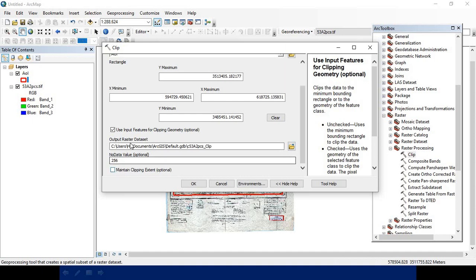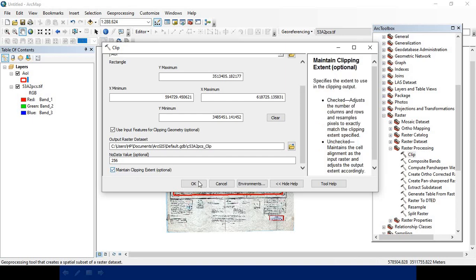This is the output raster dataset; you can accept the default, and later export it to the appropriate drive or folder. Check maintain clipping extent and then click OK.